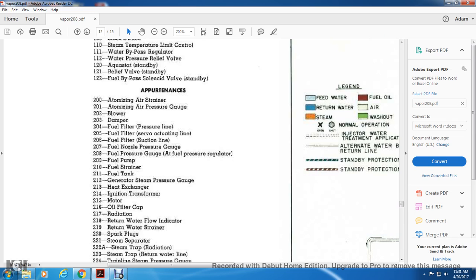203 damper, 204 fuel filter pressure line, 205 fuel filter servo actuating line, 206 fuel filter suction line, 207 fuel nozzle pressure gauge, 208 fuel pressure gauge at the fuel pressure regulator, 209 fuel pump, 210 fuel tank strainer, 211 fuel tank, 212 steam generator pressure gauge, 213 heat exchanger, 214 heat ignition transfer warmer, 215 motor, 216 oil